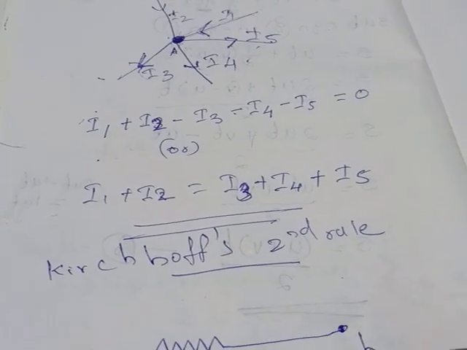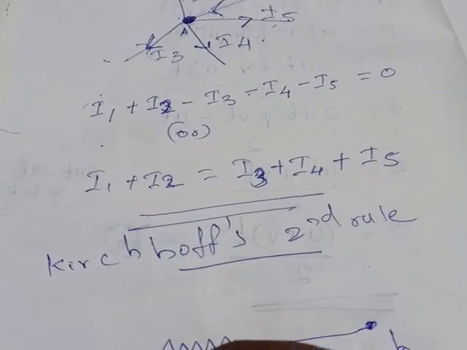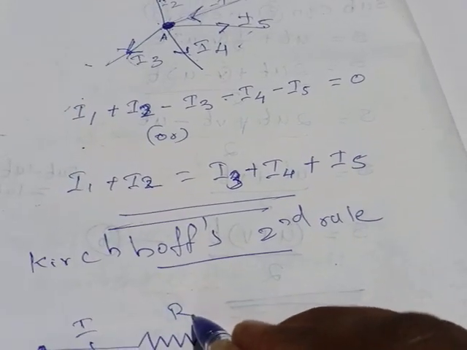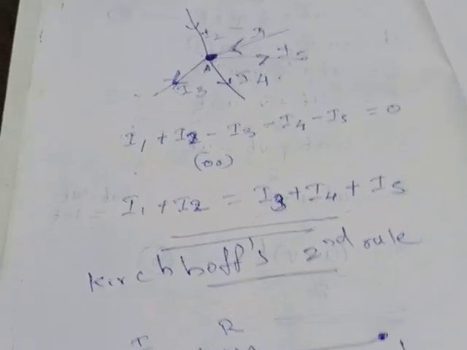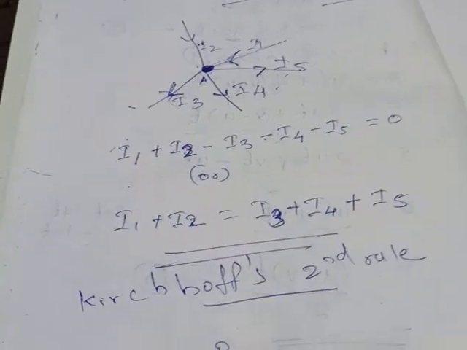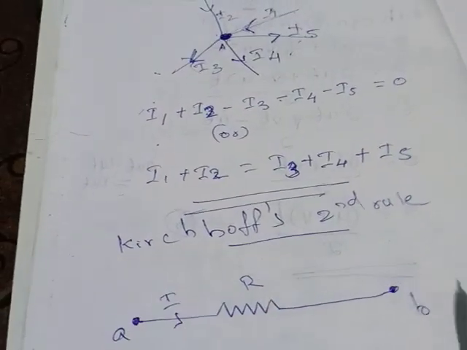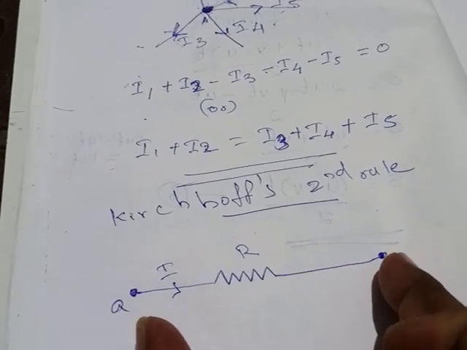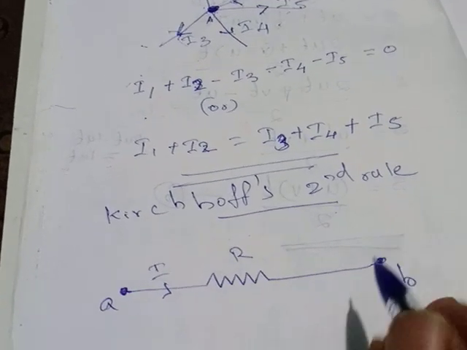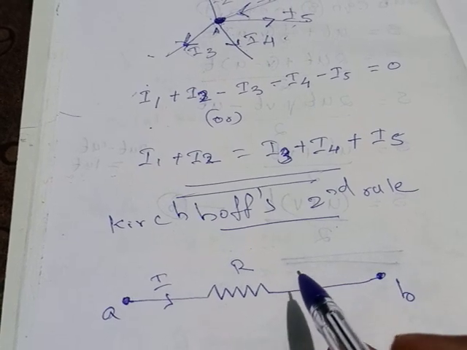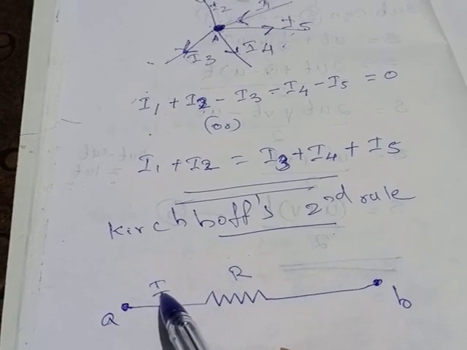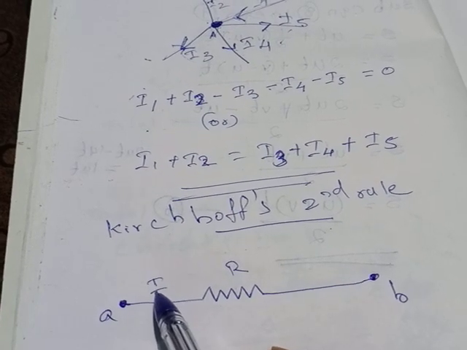A, B, a closed junction. This is a current direction I, and this is a resistor. Now we know that this is a closed circuit, both sides. This is one circuit. In this circuit, what he said means, he said that if you are taking the product of this current I